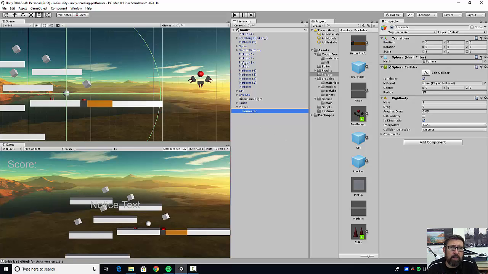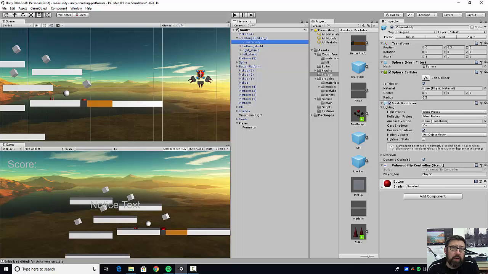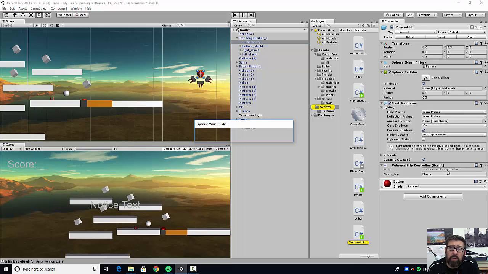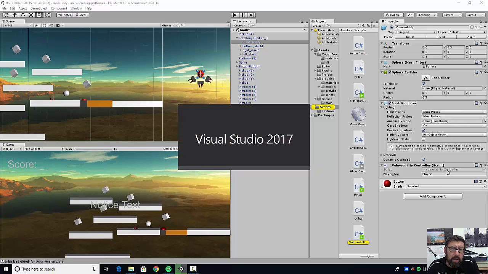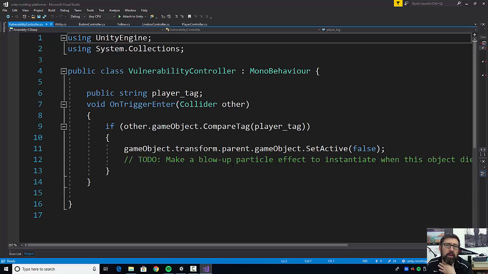So first of all, let's look at the free range spiker. It's way up here. I just want to point out just a couple things. You'll see it has a free range controller. And you saw that vulnerability one. It goes to this vulnerability object, which is this part here. So this part is vulnerable. It has this script called vulnerability controller, and we're not actually going to touch it. Let's just take a look at the vulnerability. I just want to at least do this. Right here it says,